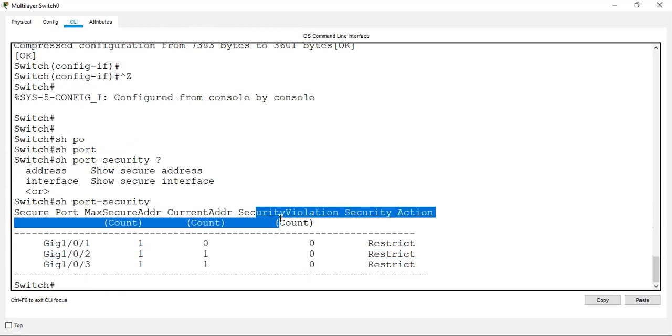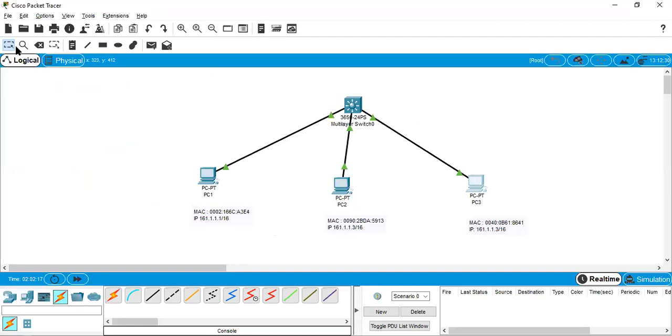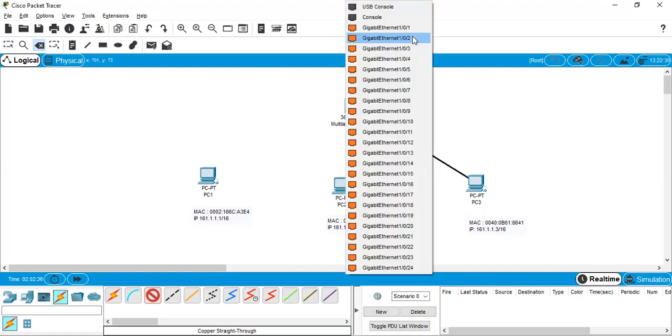So the violation didn't affect anything yet. We'll try by swapping between port 1 and 2, or port 2 and 3, anything in between. We'll remove the cable. Now let me connect, let's say, PC2 and PC3. PC3 should connect to port number 3; instead we connected it to port number 2.